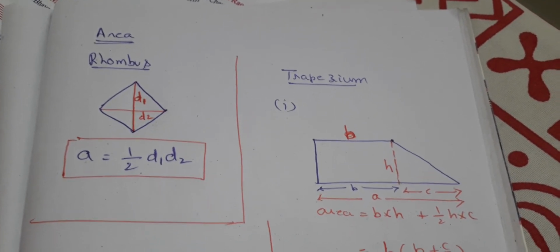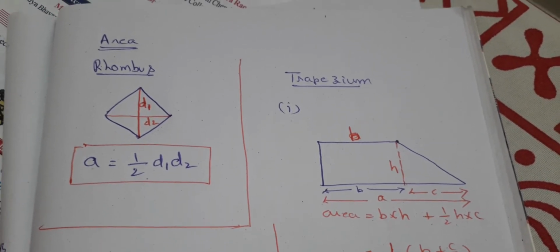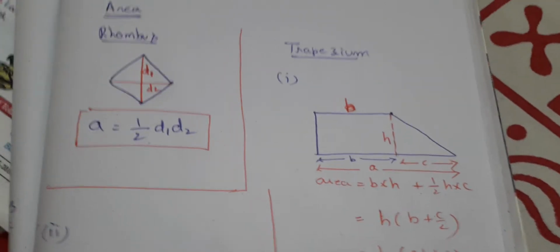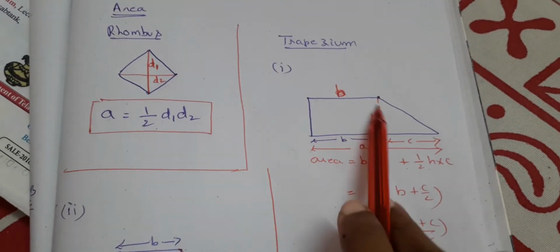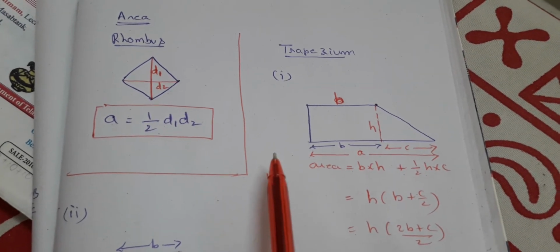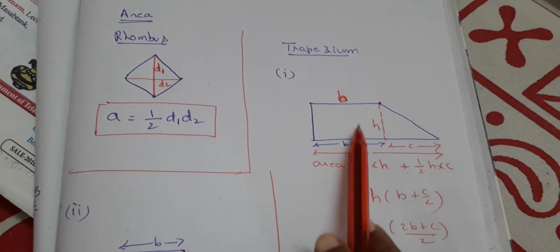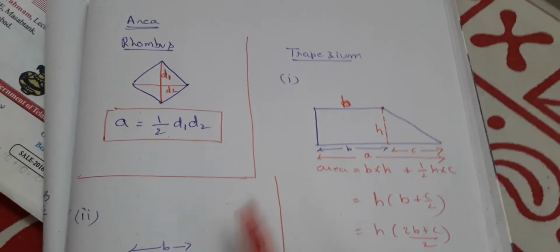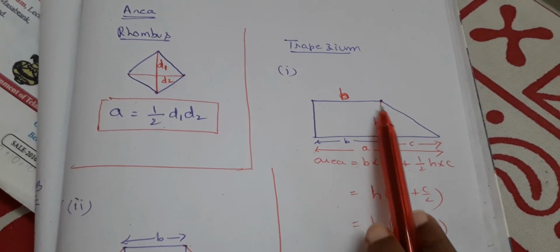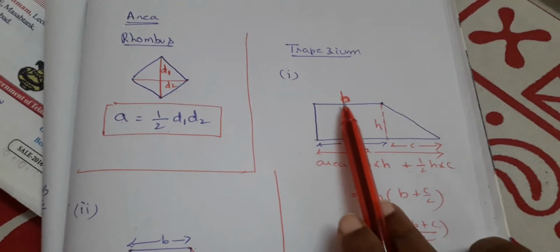And now area of trapezium. Yes, in fact, a trapezium is a combination of rectangles or squares and triangles. See, here I am taking one particular case of a trapezium where you have a rectangle here and there is a triangle. If I wanted to find out the area of this trapezium, what am I supposed to do? Find the area of this rectangle and then the area of the triangle separately, add both, you will get the area of the trapezium. So now that is what we are doing here. If B is the base and this is C, this is H, and you know that the total one side is A, the other parallel side is B.